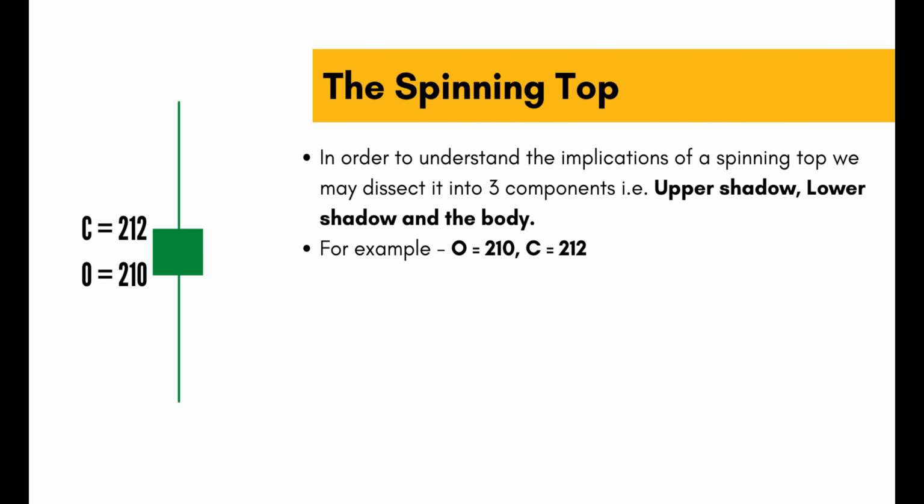The upper shadow connects the high point to the real body, and if for the moment we forget about the lower shadow, we may perceive that bulls tried to take the market higher, but were unsuccessful in their attempts, because if they had been successful, we might be witnessing a long bullish candle.